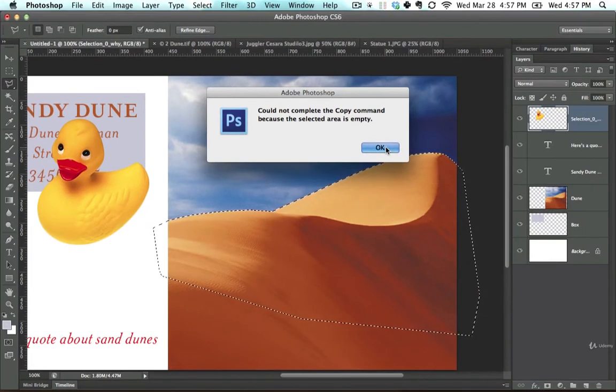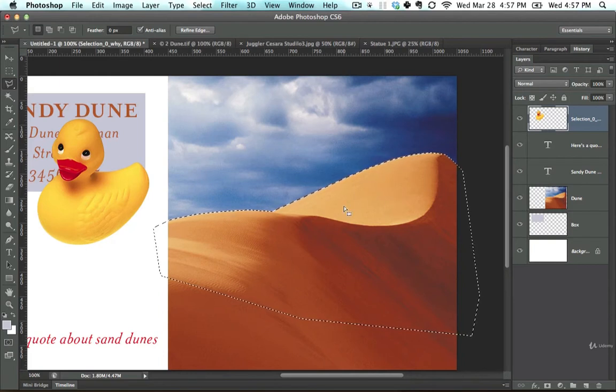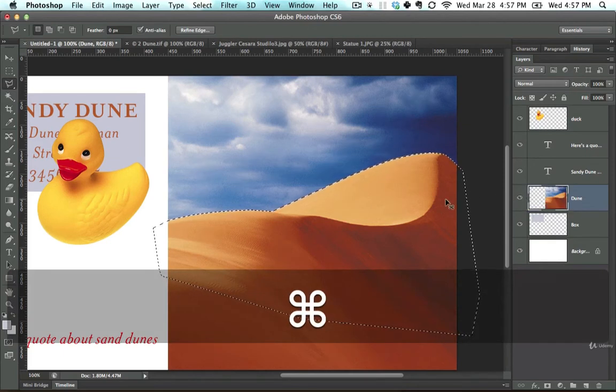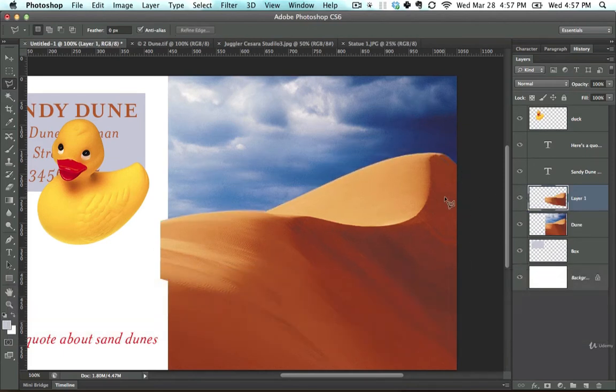If ever there's a problem, the first place to look is, are you on the right layer? In this case, we can see that the duck layer is selected. In fact, let's call this duck. And the dune layer is not selected. So if I go to dune, press on it, and then hit Control-C, and then Control-V to paste,